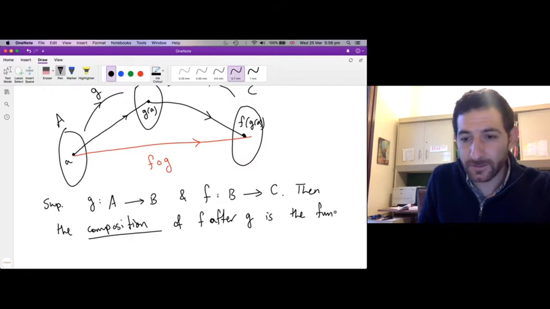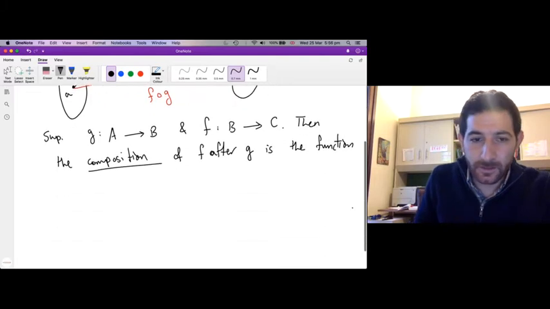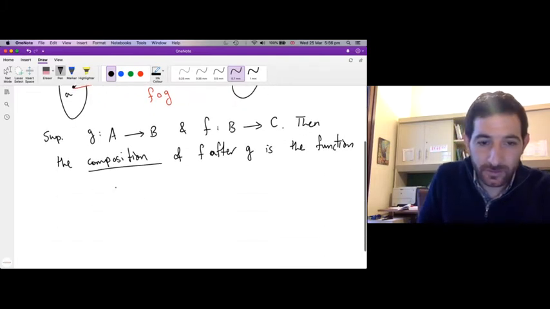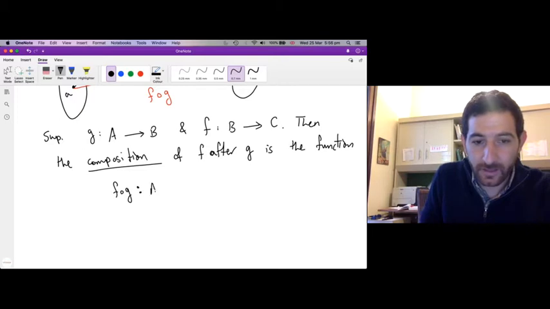What function is it? It is the function denoted by f after g, and it has domain A and codomain C given by